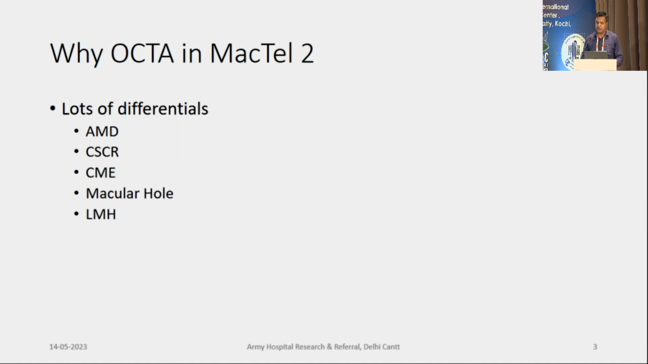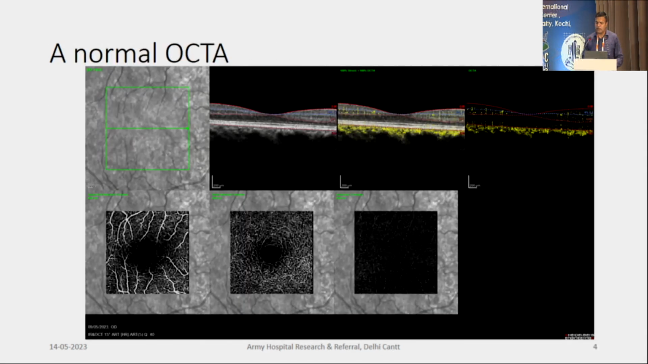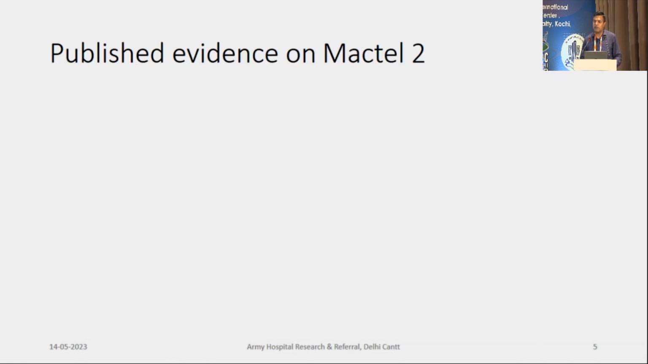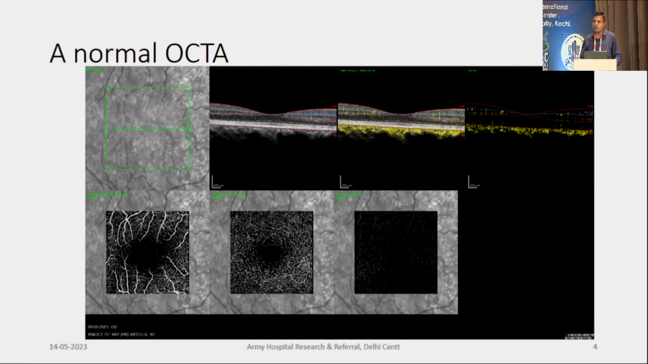So there are a lot of differentials to MACTEL 2, and I'll come straight to the point that why OCT angiography became so important in macular telangiectasia. Because what we were seeing on OCT were simply few hyperreflective spots on the temporal part of the field, but when we started looking at the OCT angiography images in the deep capillary plexus, we started seeing definitive signs of